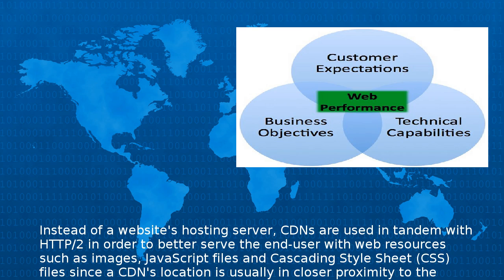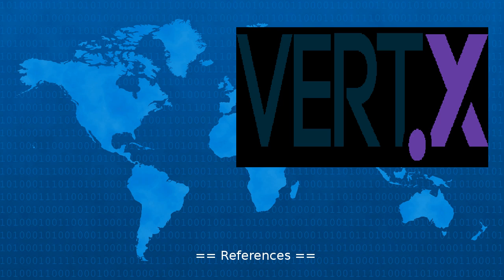Instead of a website's hosting server, CDNs are used in tandem with HTTP/2 in order to better serve the end user with web resources such as images, JavaScript files and cascading style sheet, CSS, files. Since a CDN's location is usually in closer proximity to the end user,